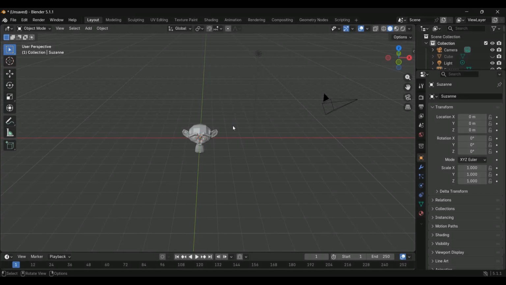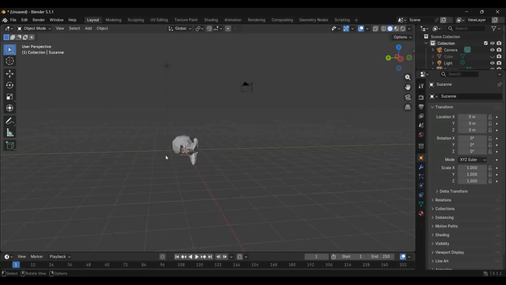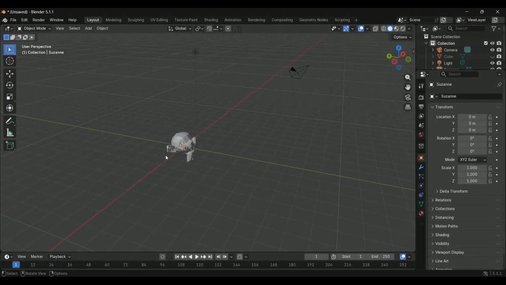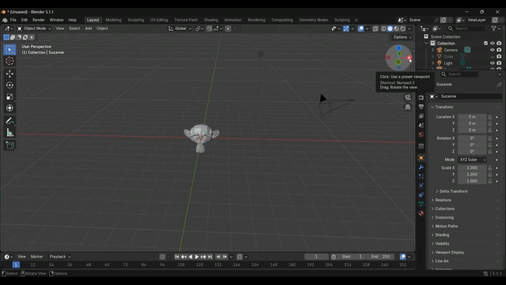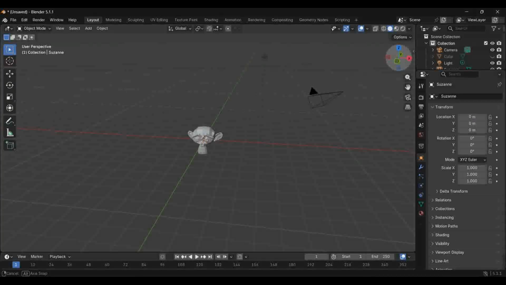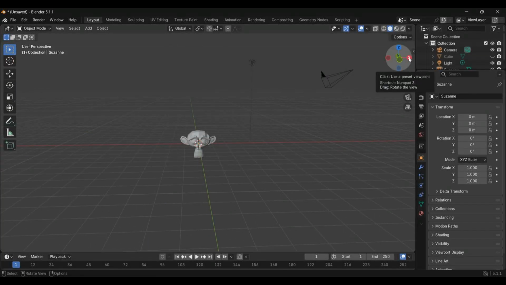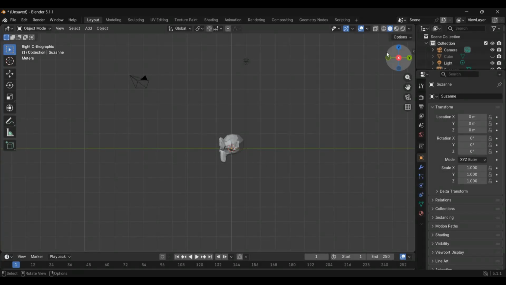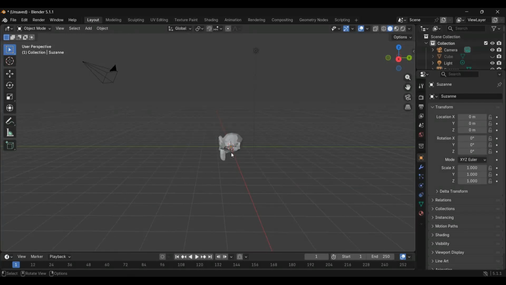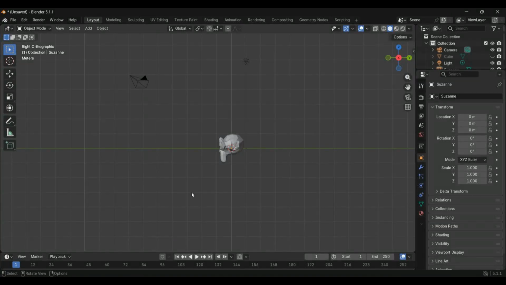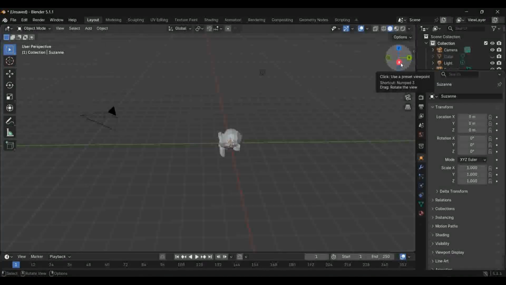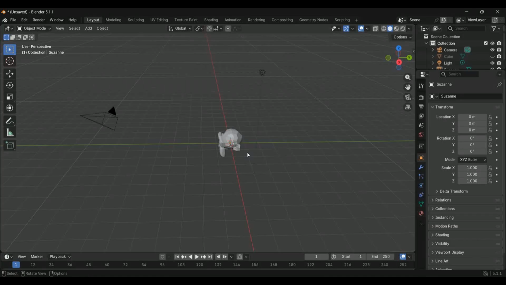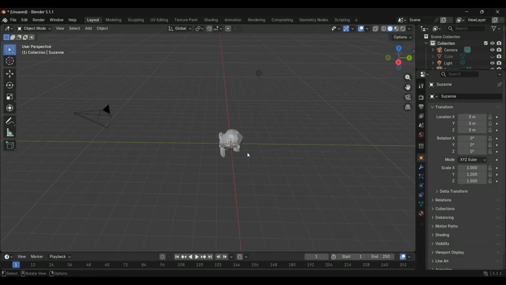So let's say I want to look at Suzanne from the x-axis here. So what do I do? I go here and hover over it first. Shortcut numpad 3. If you drag it, you rotate the view, but if you click it, you use a preset viewport, which means here I clicked it, and I can see now I centered the x-axis. I can look at Suzanne from the x-axis. They also said numpad 3, so if I click 3 on my numpad, I center the view to Suzanne's ear